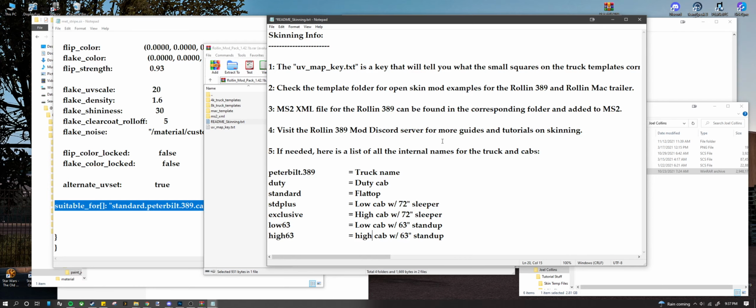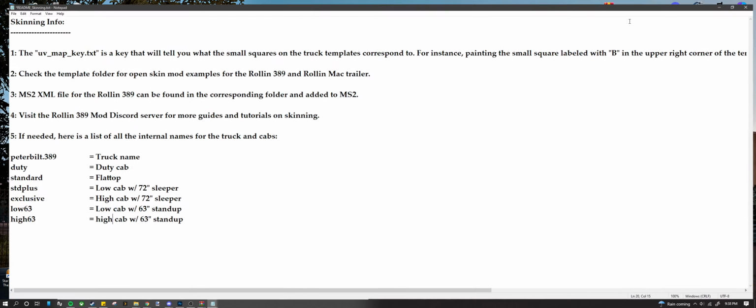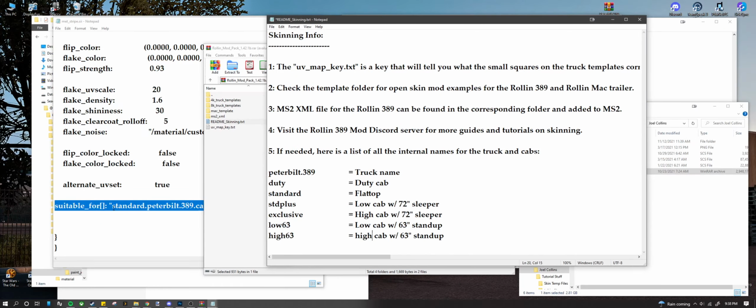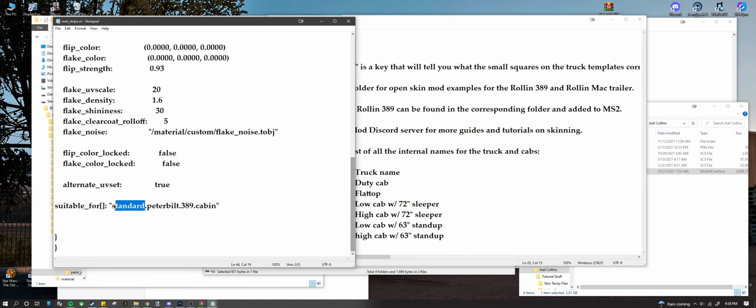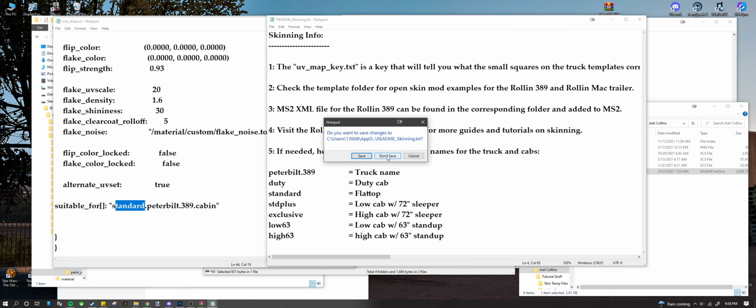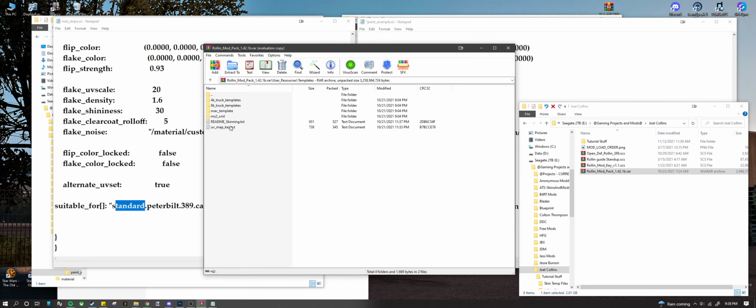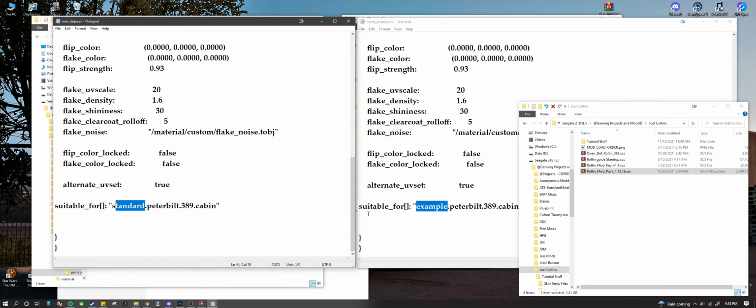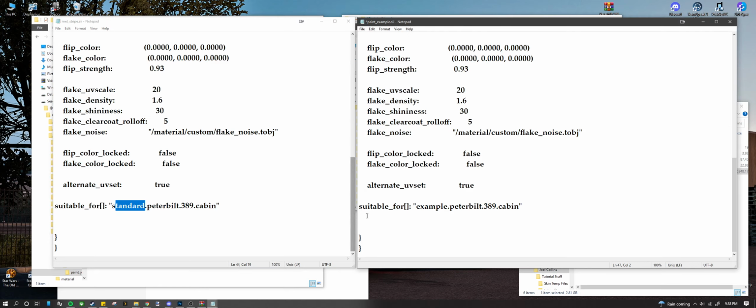Essentially that's what you do. And then somewhere in here you have your trailer too, which I think is in the Mac information. But essentially that's what would go on this little spot right here. And then it has to be .389, which is your internal name, .cabin. And then you're good there. So essentially you don't have to do anything there. We're just gonna close that and then close this. But essentially, yeah, you're pretty much in. You can put multiple cabins here. You just make sure that it does this, and then